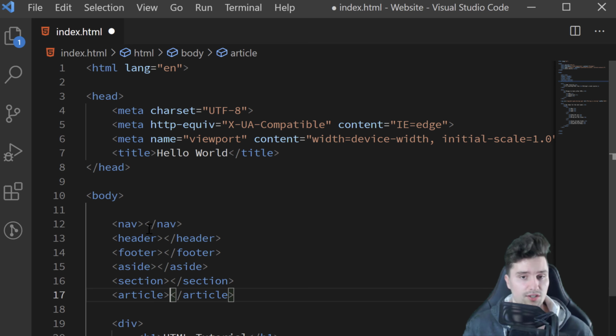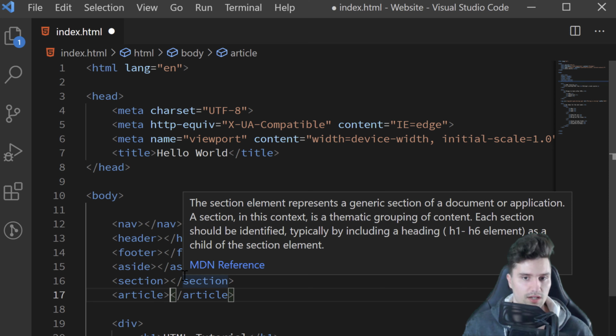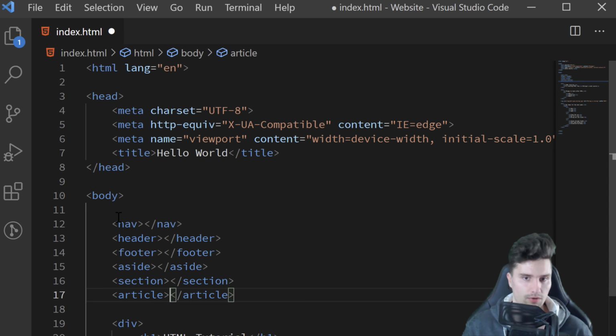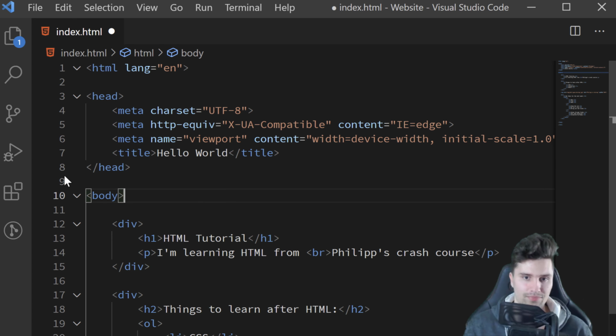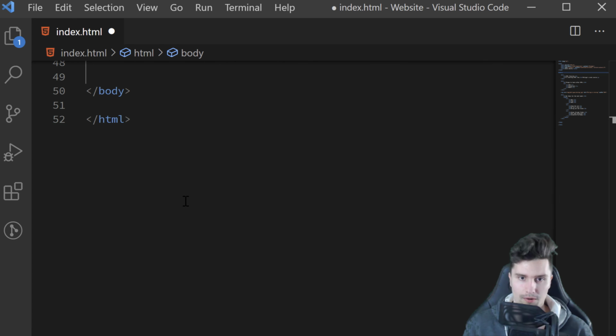And I would really suggest you to use these instead of just usual divs when you actually make content where these fit. So when you make a nav bar, use nav. When you make a footer, use footer, and a section, use section, and so on. You get what I mean here. So, okay,